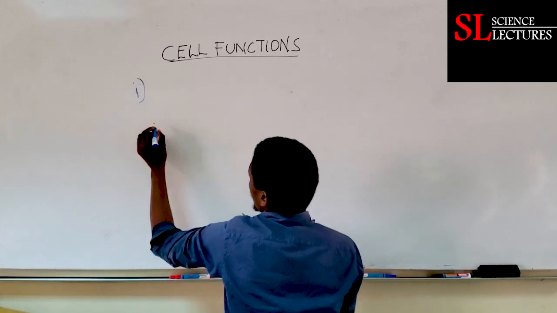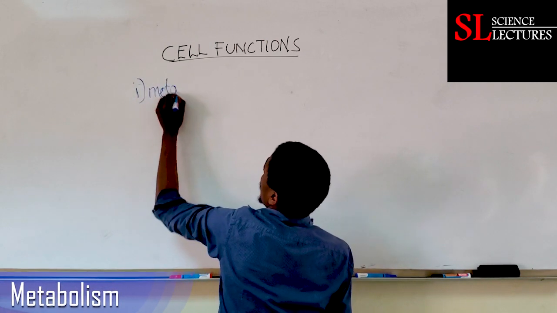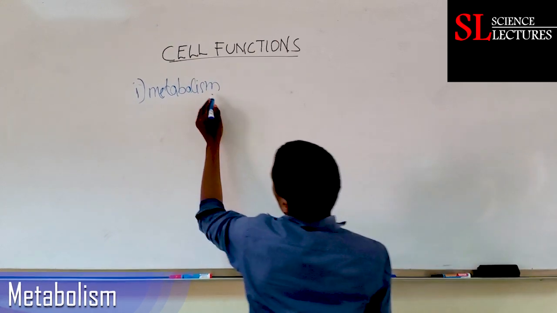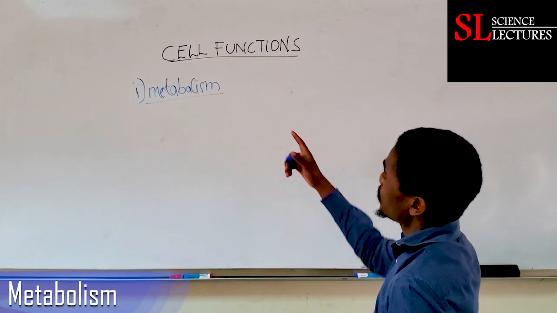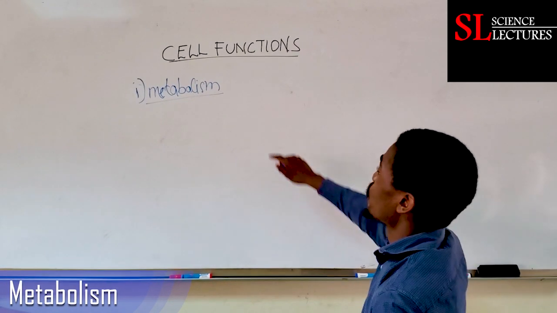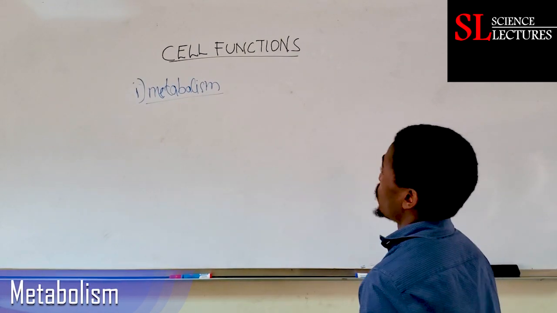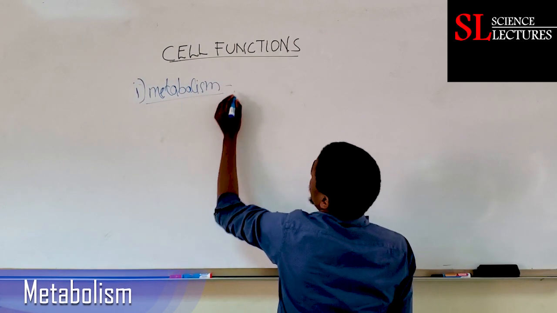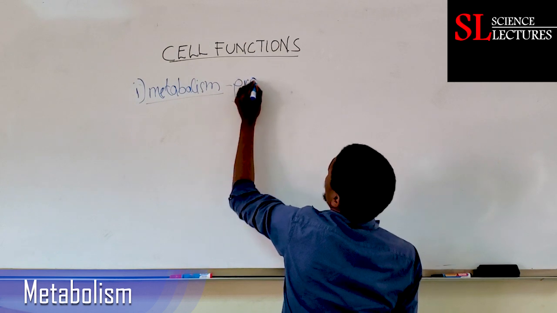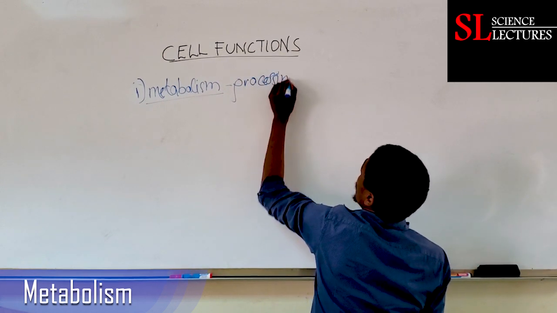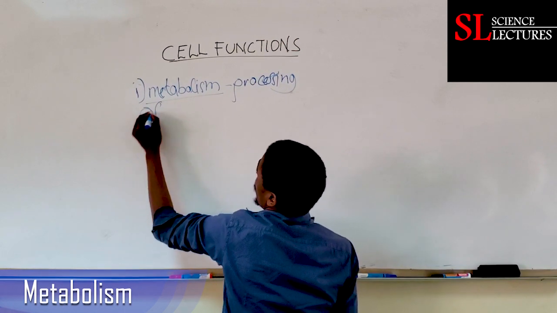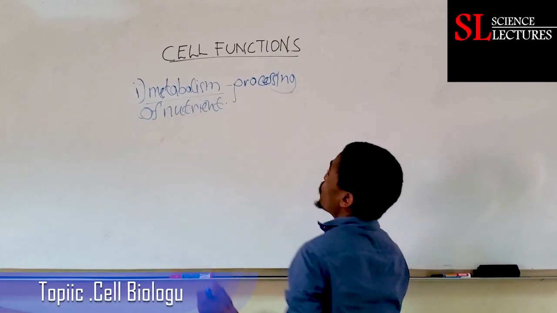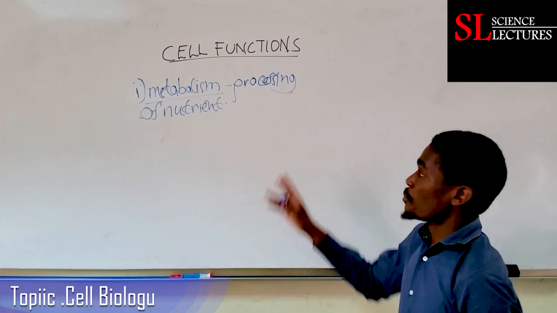is metabolism. And metabolism is defined as, so cells will carry out metabolism. Minus cells, metabolism will not take place. And we know metabolism supports the system of different organisms. So what is metabolism? Metabolism is processing of nutrients. So when we have nutrients, in fact it's a process in which our